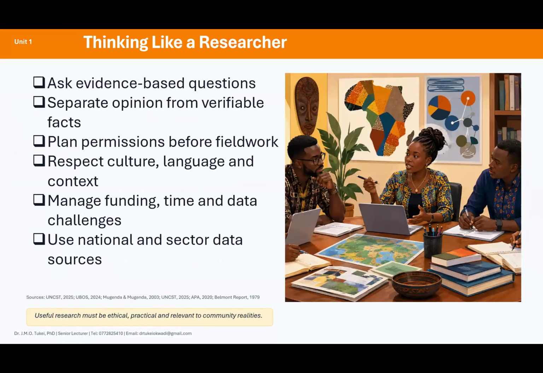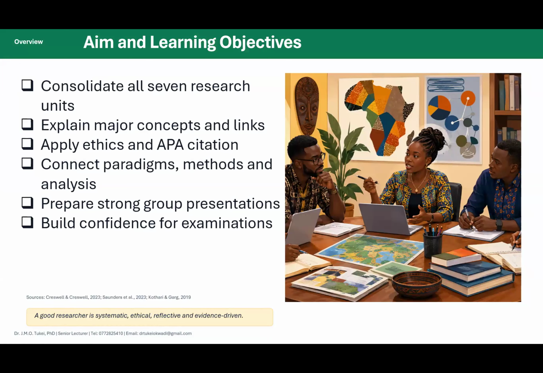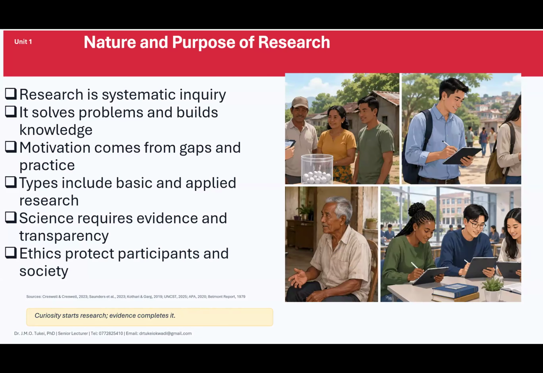And we're beginning right from what you are saying. So, colleagues, I want us to understand that the presentation that we're having follows a deliberate sequence. When we talk about the deliberate sequence, we ought to understand it very well. We begin with the nature and the purpose of research. Very important. And we ought to know this was our unit number 1. We're saying the nature and the purpose of research. Research paradigms will be another.